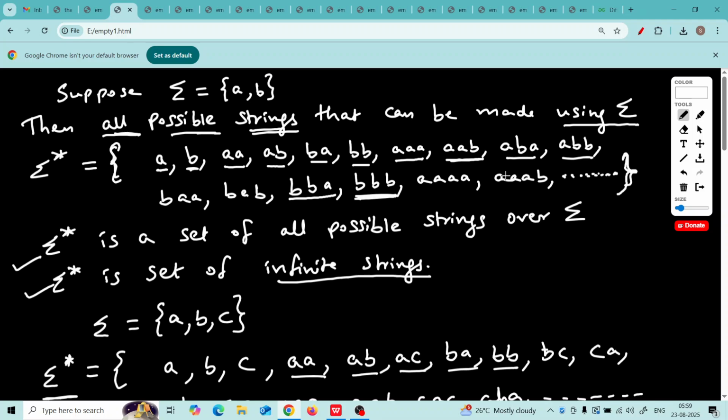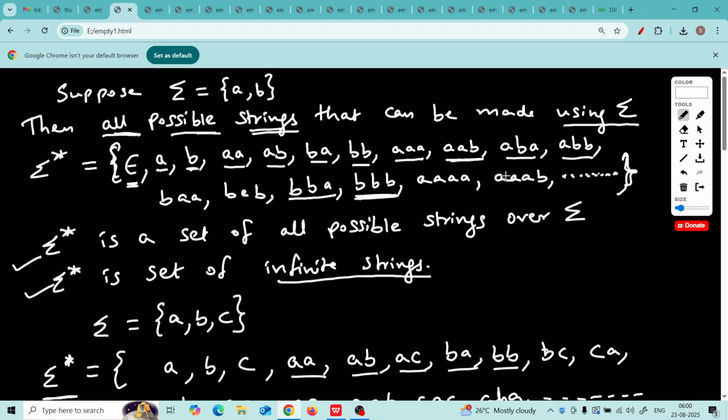Keep your patience and you will understand all examples of regular expression. Now coming to this sigma star, there is one more string which is called epsilon, which is also part of sigma star. Epsilon means empty string. What we have done here is that we say that epsilon, that is empty string, also can be formed using A comma B. Remember, there are only two symbols A comma B in our world. Then we are saying that empty string is also part of sigma star.